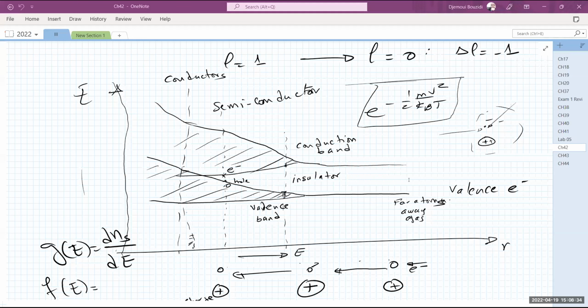So let me first of all find the page that I need to look at, and I'm going to share the screen with you. So this is the last thing that we did last time, and we introduced the band theory. What I mean by that is that the atoms, as they get together closer and closer to form your material, in general, your solid in this case,